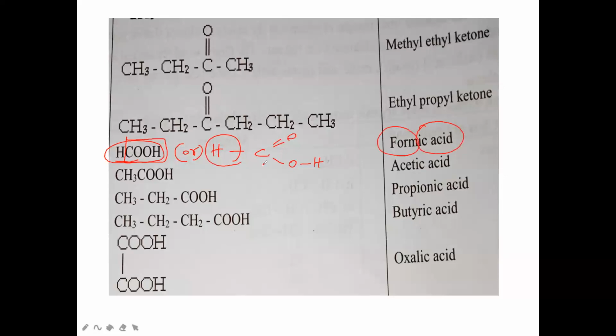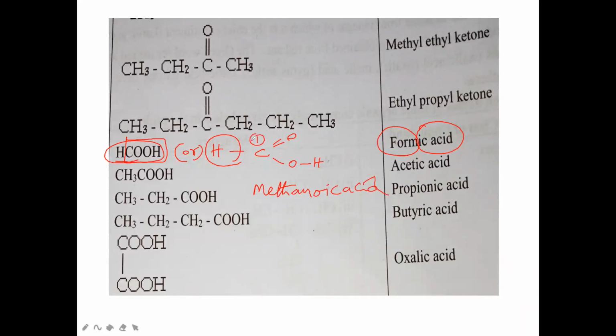And the IUPAC name, you check it here. How many carbon atoms are there in this molecule totally? Only one carbon. So one carbon indicates meth. And don't take the double bond between carbon and oxygen. We should not take it. If a double bond is there between carbons, we write en, but here we write an, and so methane, because between the carbons there is no double bond. And what is the secondary suffix of this COOH? For the COOH functional group, what is the secondary suffix name? Oic acid. So methane, oic acid.